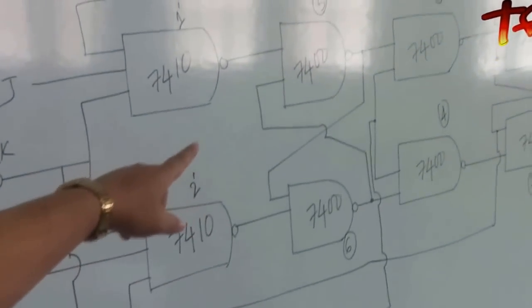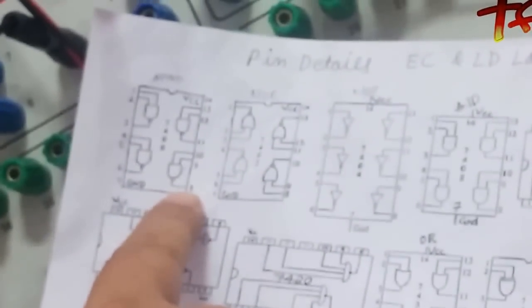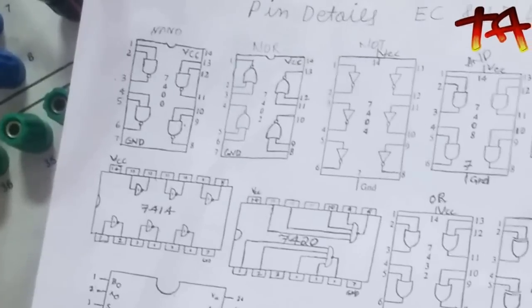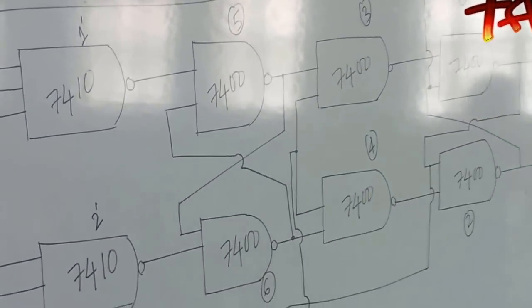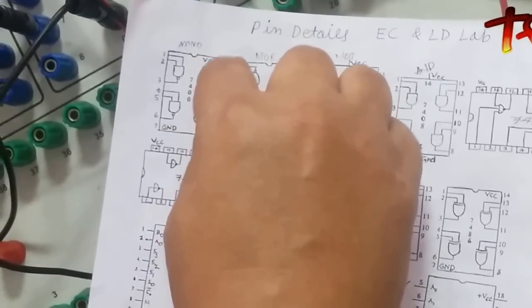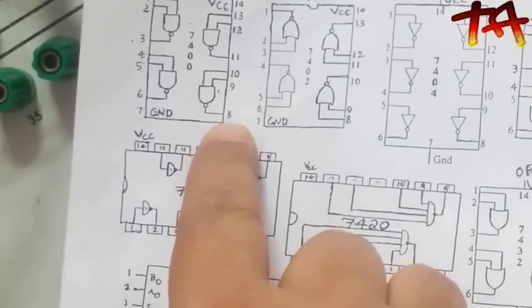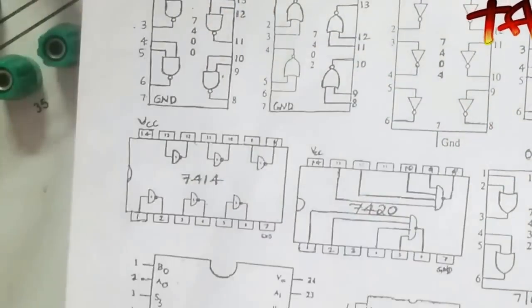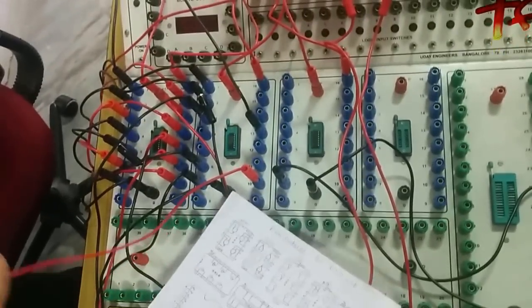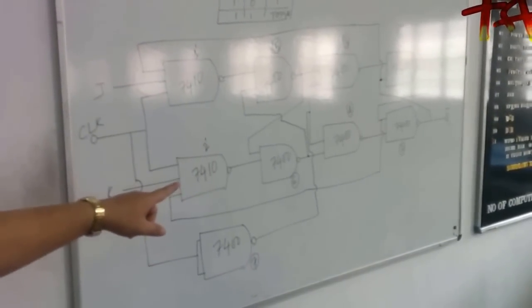Where will it go? It is going to the input of the 5. What are the inputs to the 5? They are 12 or 13 of the second IC. Therefore, the output of 6 is 8, and it will be connected to either 12 or 13. This is the latching.